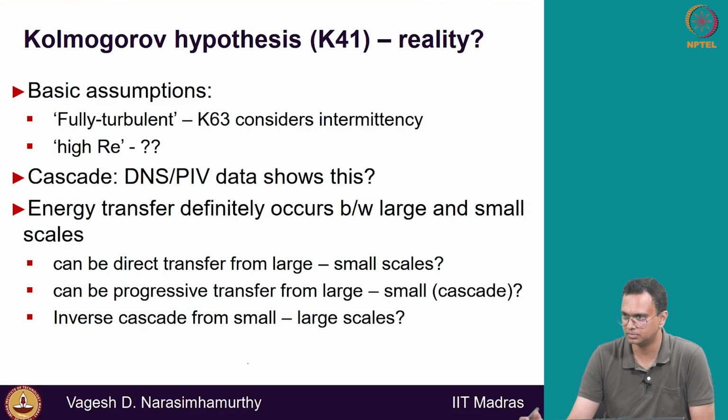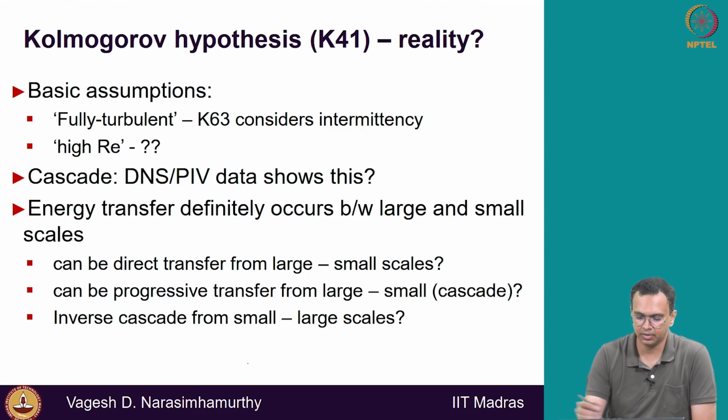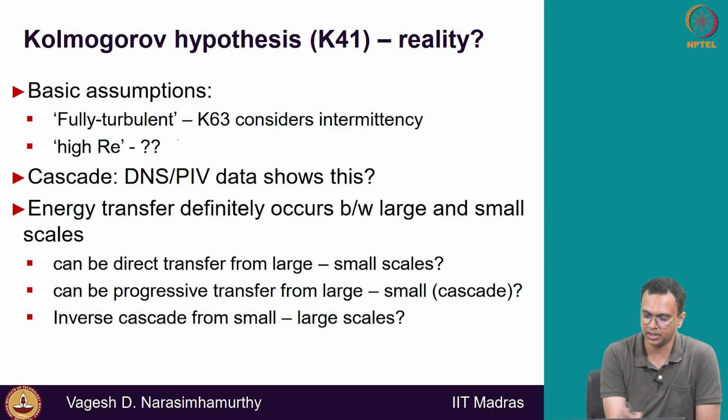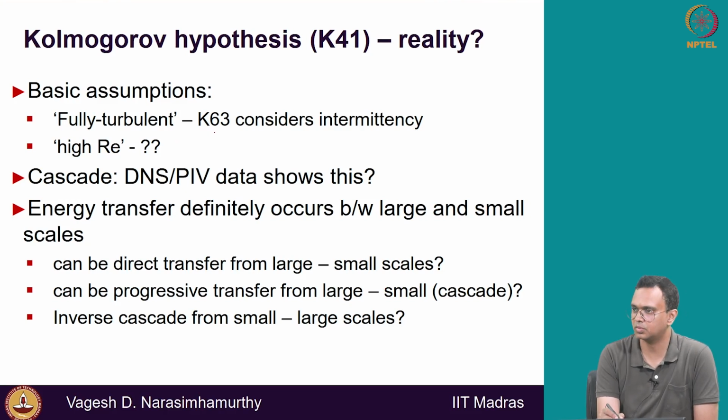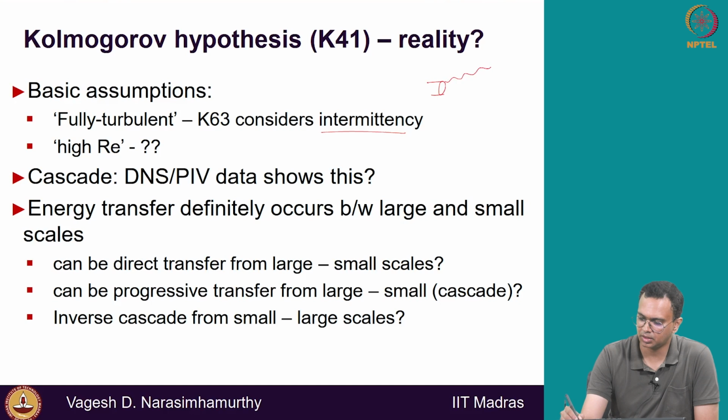This is again a general inference. So we have to always remember the basic assumptions here, that it is fully turbulent, but Kolmogorov changed the hypothesis in 1963, where it considers what is called intermittency. So intermittency means that, let's say you have a turbulent jet like this. If you put a probe here, this will show a fully turbulent signal, and if you put a probe here, it shows a laminar signal, ambient, let's say, assuming it's laminar. But somewhere if you put it here, at this time it is like this, at the next time instant,